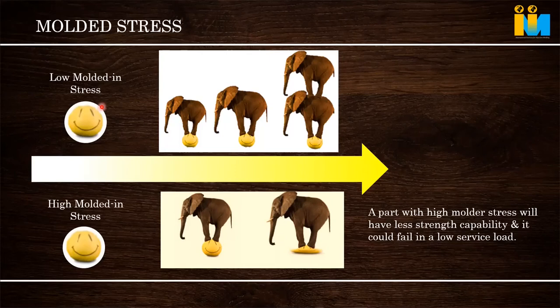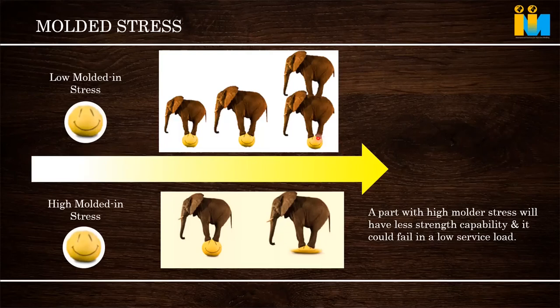Melt temperature drop means the raw material drops its temperature while it is flowing. If the gate is small, then we have to give excess pressure. What happens? It gets compressed and stress builds up. So the first one is molded properly, and the second one is not molded properly. We employed higher injection pressure, but the gate is small, mold temperature is not maintained, so melt temperature dropped and the material is compressed. All these problems are there in this part.